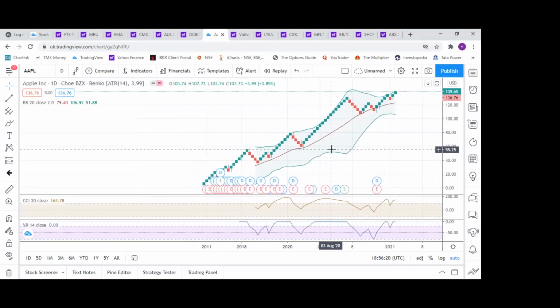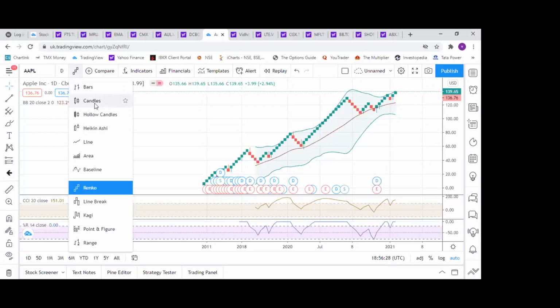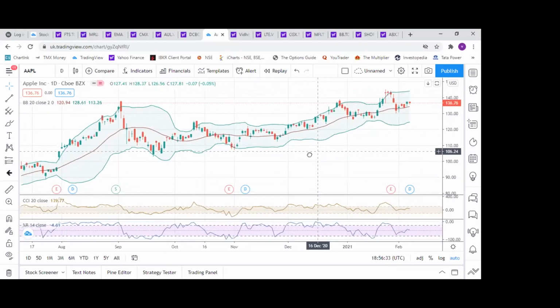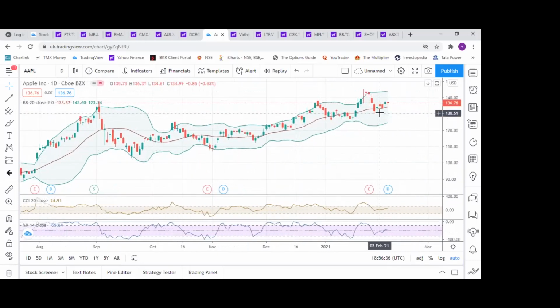What do you want to see in this now? First of all, I'll start with the candle chart. I look at it near the mid Bollinger range, and I'll see the indicators CCI, Williams R. It had come down, and the mid Bollinger range band held its strength and it moved up. If you look at the last one week, mid Bollinger was giving it very strong support.